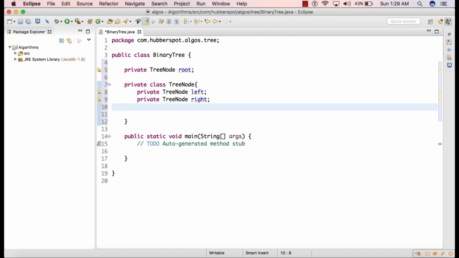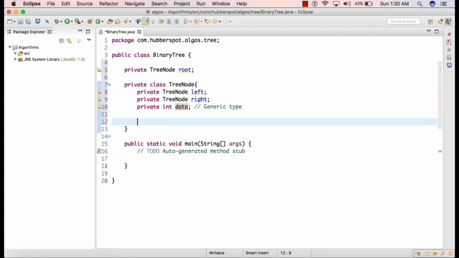And this tree node, along with holding the left tree node and the right tree node, will also hold the data. So we are creating an integer type which will actually store the data. This can be any generic type, not necessarily integer type. We can store any data into this tree node. So in this tutorial I am taking integer data.